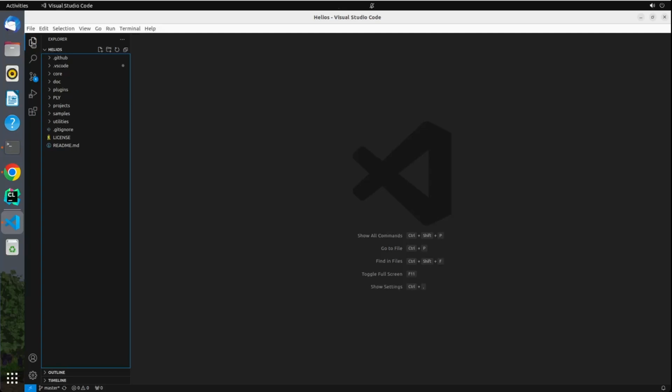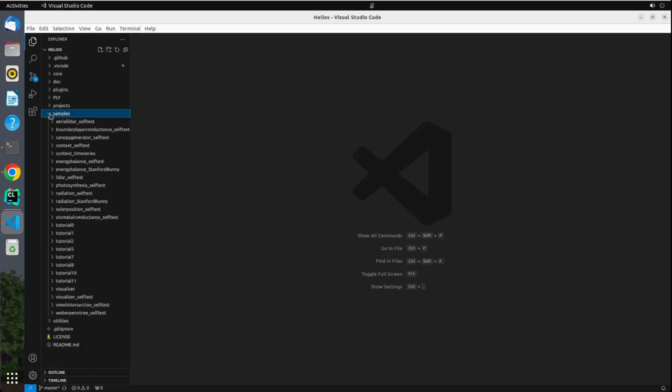So now what we want to do is to build and run a few different test cases. First thing that we're going to run is the context self-test. This is kind of the simplest test within the Helios samples. So all this does is runs the built-in tests within the context, which is sort of the central repository of Helios. So if you look under this directory called samples, there are a bunch of different samples here. The one that we're going to run is